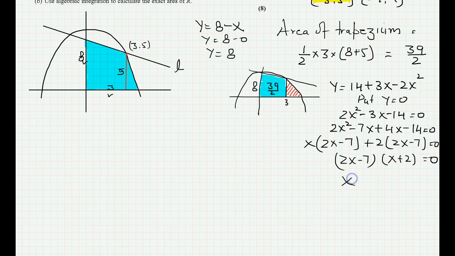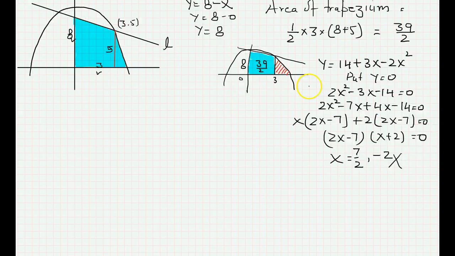So if we solve it, we are getting x is equal to 7 over 2 and x is equal to minus 2. Now in this graph, this is 0, this is the positive side of x, so we are not going to consider this minus 2. Now we have to find the area under this curve. So it is from 3 to 7 over 2,